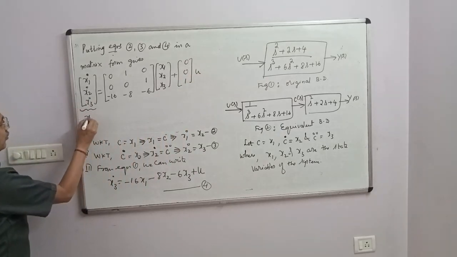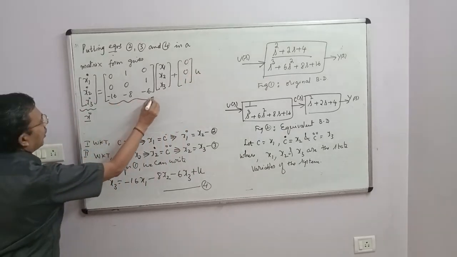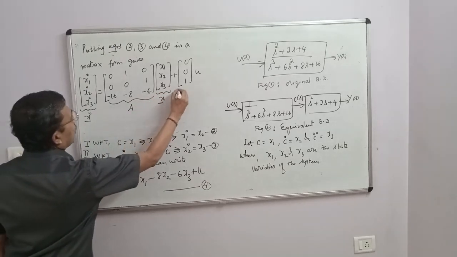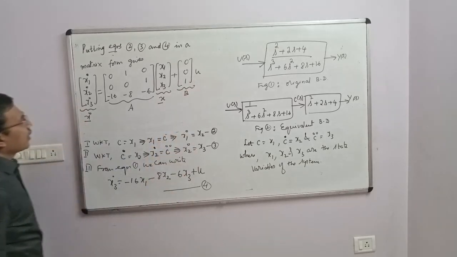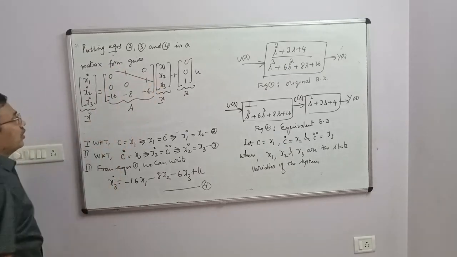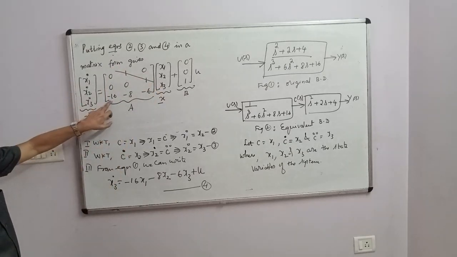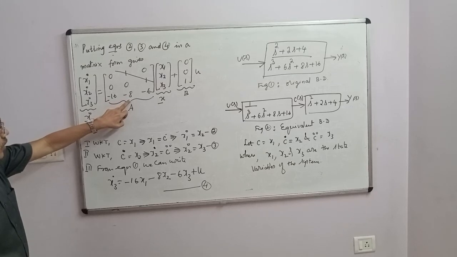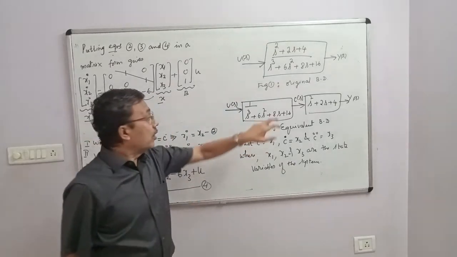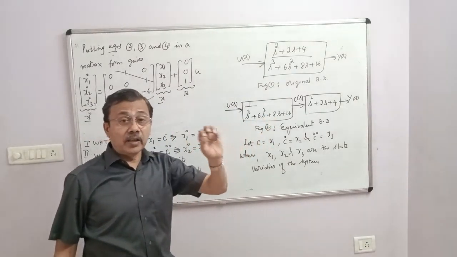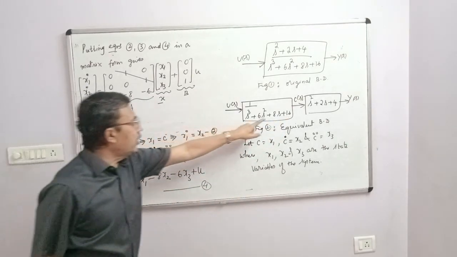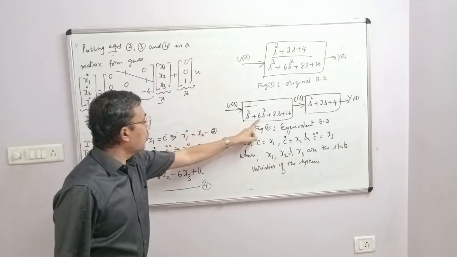This column matrix is x bar dot. This square matrix is called system matrix A. This column matrix is X bar. This is input coefficient matrix B. Now you please see here, along the super diagonal we will always have 1. Rest of the elements are 0. Now these elements are nothing but the coefficients of the denominator polynomial written in the reverse order with a sign change. 16 becomes minus 16, 8 becomes minus 8, 6 becomes minus 6.